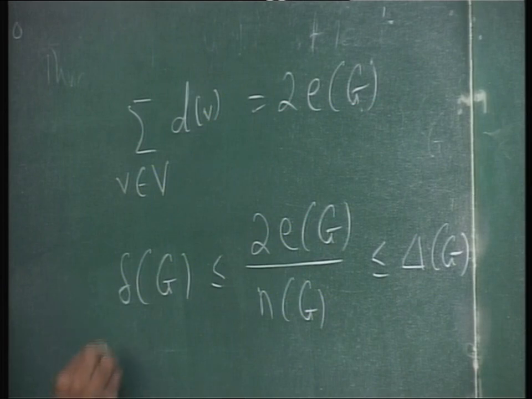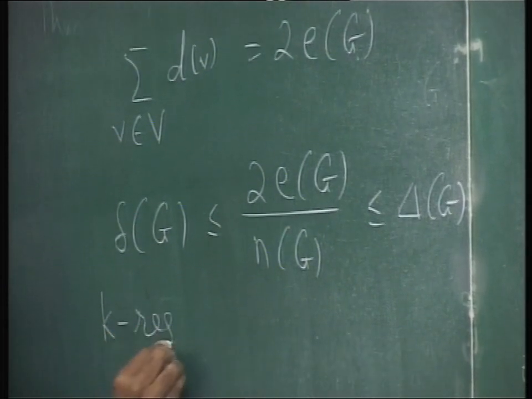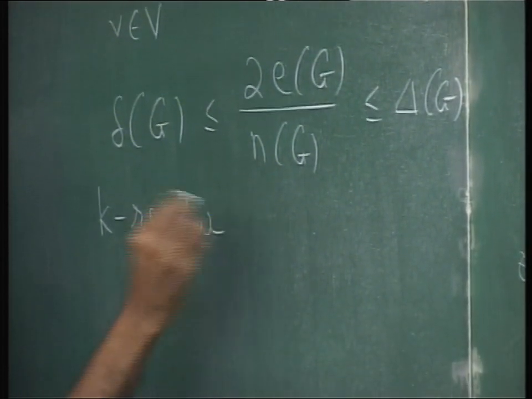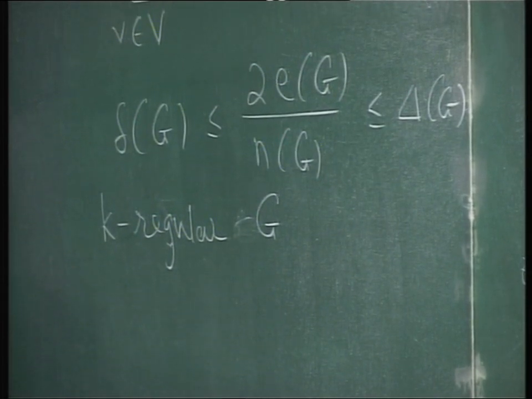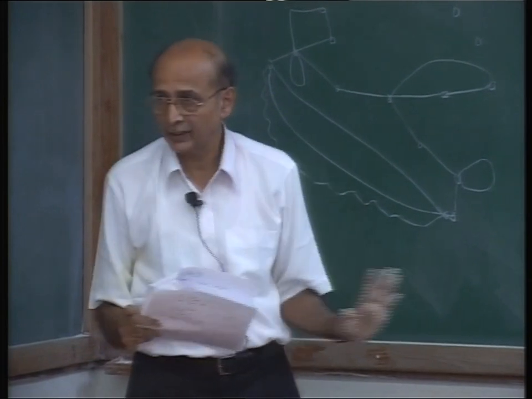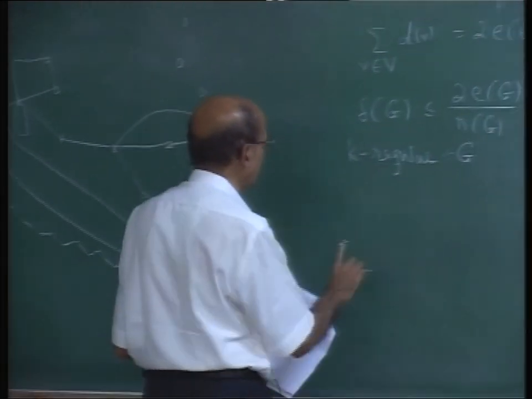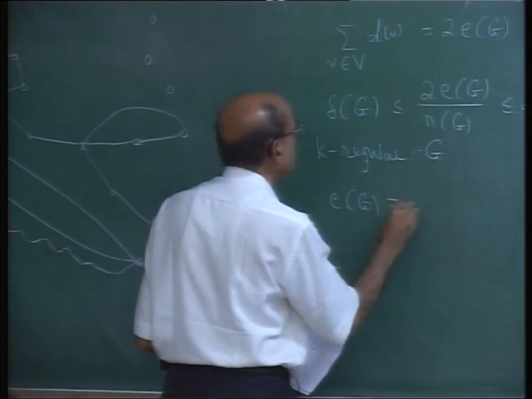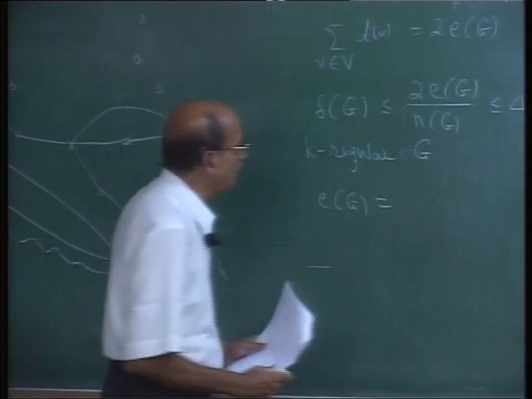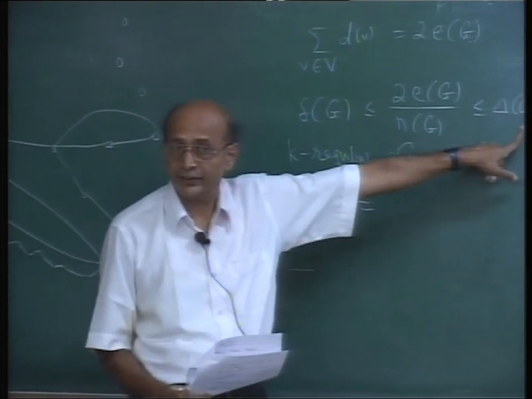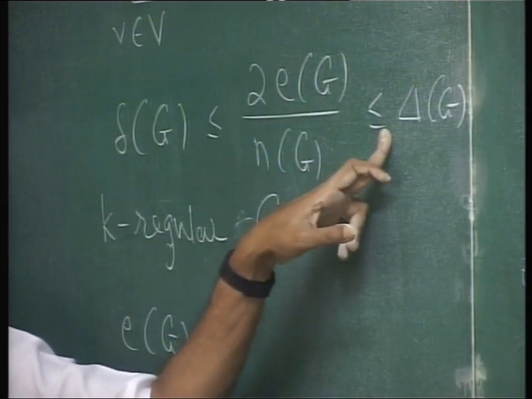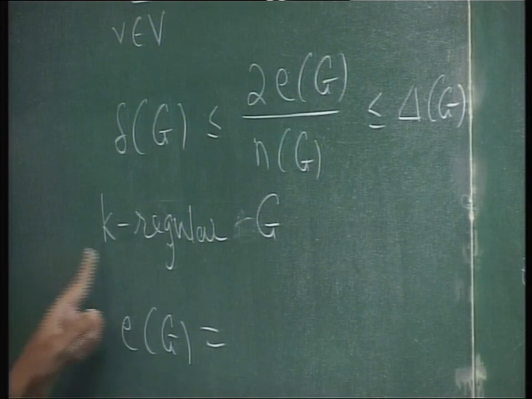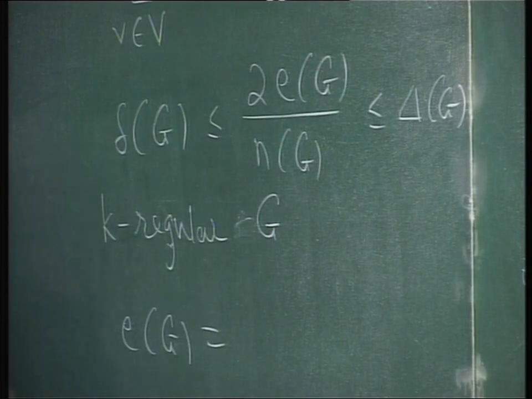In case you have a graph which is k regular, recall the definition of a k regular graph. It's a simple graph in which each vertex has degree k. Okay. Then the number of edges in case of a regular graph: small delta is equal to capital delta, therefore there is a squeezing that will happen. Small delta equal to capital delta, both of which are equal to k. They all have the same degree. And then the number of edges E of G will be